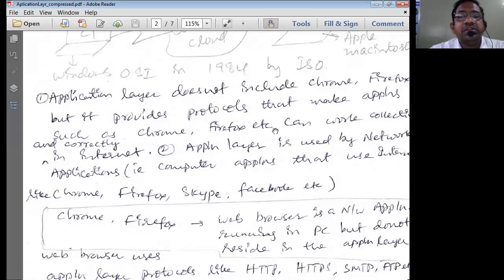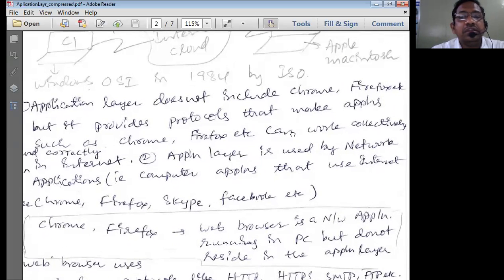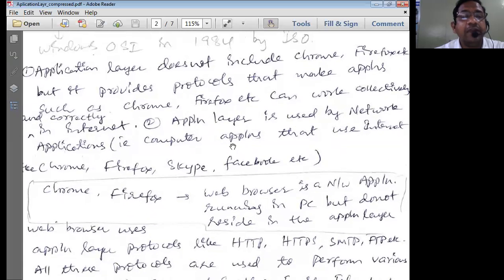Now, this is an important point to understand here. Application layer is a protocol. All these OSI layer protocols are meant for communication in the internet world. That means if you want to communicate in the internet, it has to satisfy the OSI model, that means these 7 layers. These 7 layers provide us the protocols to transfer the information from the source computer to the destination computer.